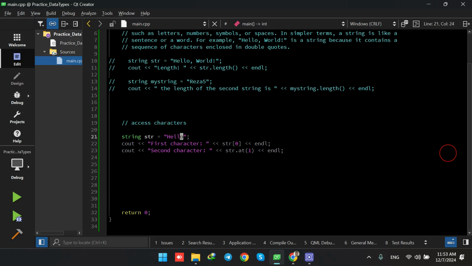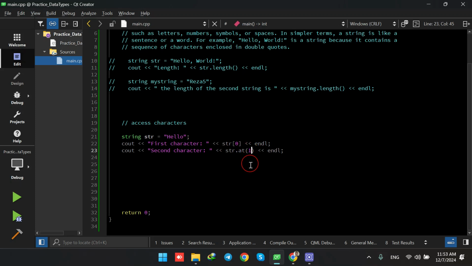So in order to access the first character of this string, I mean h, because it starts from 0, we are simply using the name of the string, and then we are having the brackets, and within the brackets we simply type down the element that we would like it to print us. So we would like to print the first character, and this is the index of the first character. So the first character index 0 is h, or we can use a predefined function in C++